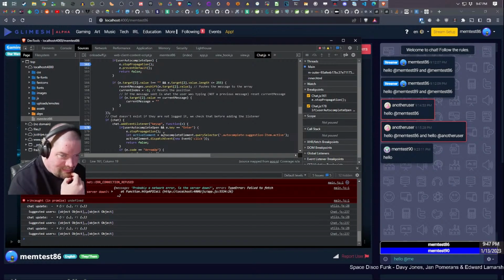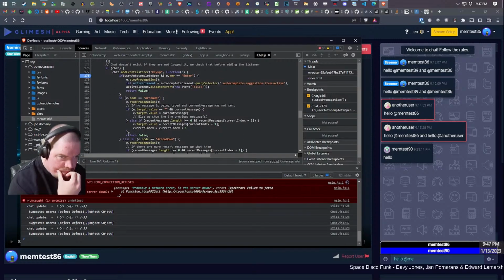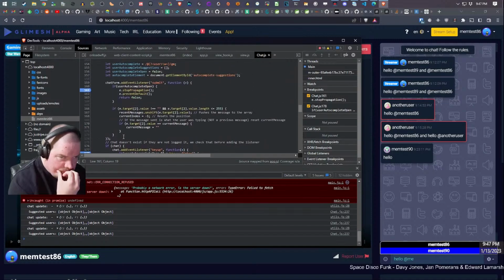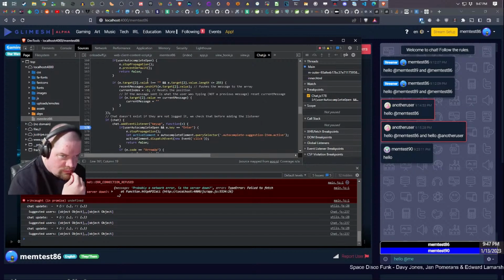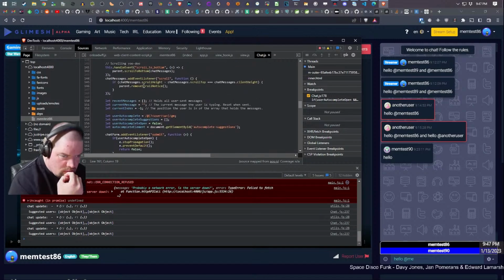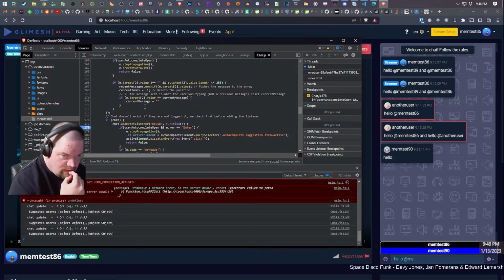Oh, I'm not even getting into the key up. Well, user autocomplete open is obviously true, but we're not even getting into the key up here.